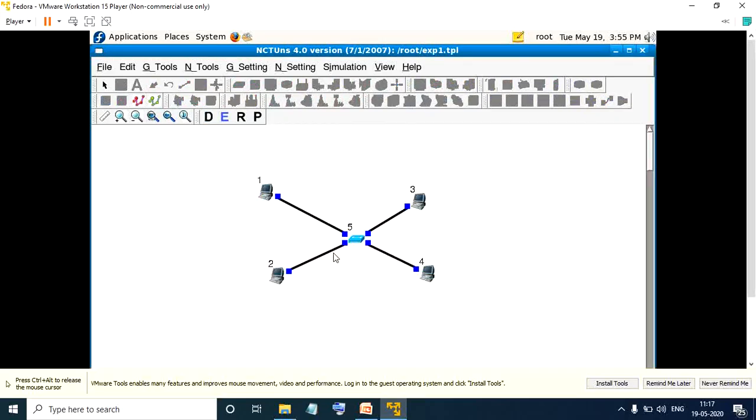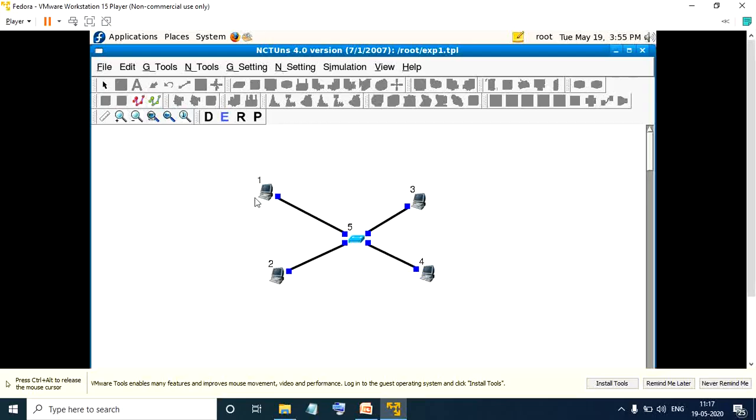So say yes, and if you just point on this notation, it will be showing the IP of this particular node, which is, you can see here, the port ID is 1 and IP is 1.0.1.1. Similarly, every host will have its own IP address. Like if you point the cursor here, it would be 1.0.1.2 and so on for all the other nodes.